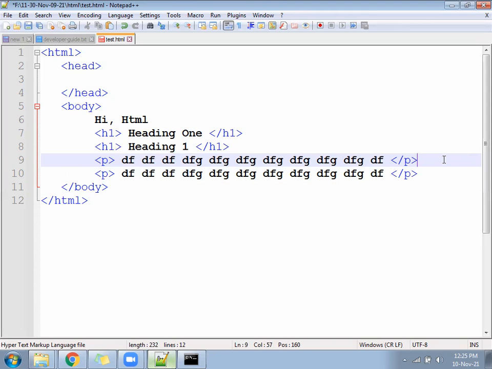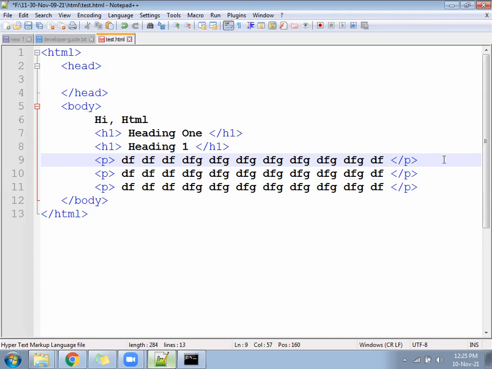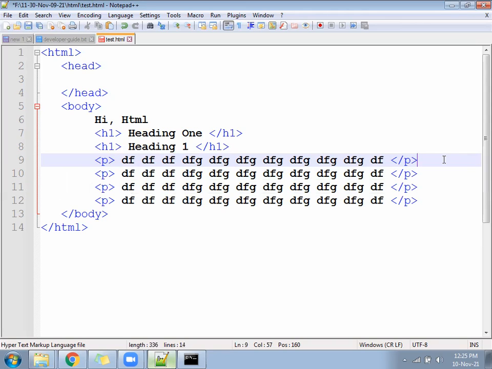If you are using Notepad++, Sublime may have something else. Control plus D, what will happen? That line becomes a duplicate. Copy and paste is called a duplicate. So this way you can increase your typing speed. You can type a little faster. Something you can copy paste, something you can duplicate, and it will be helpful. Now suppose I kept this paragraph a total of 4 times. Let me run it.